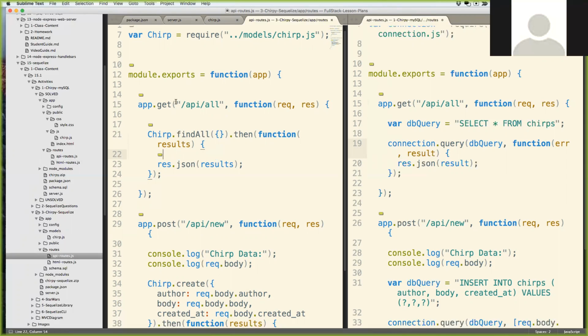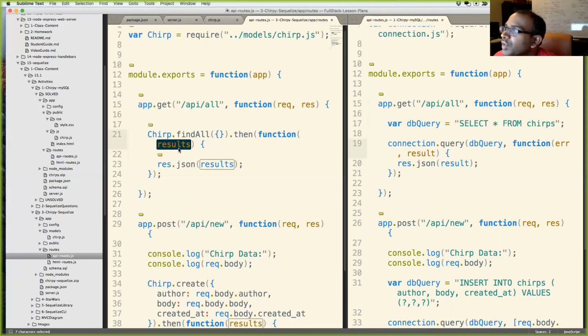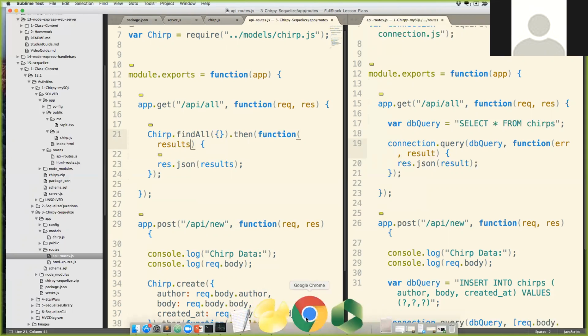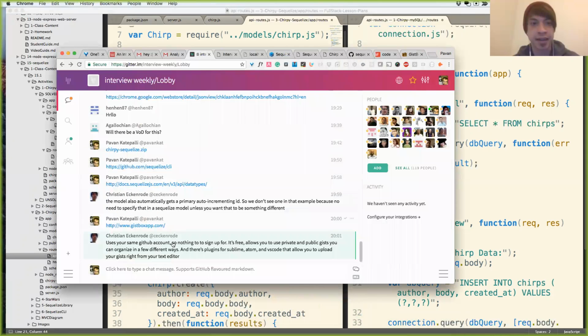Yeah, I see that it doesn't hand back the error the same way. So how would you do error handling? Oh, over here and then function results. Yes, that's a good question. I don't know off the top of my head where the error would come back. Someone just posted in the chat, that's correct, catch error. Using the catch, you could chain a dot catch at the end of it.